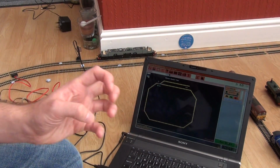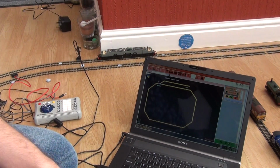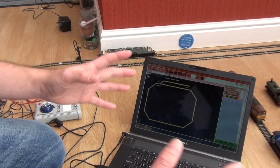That I still like that interaction, that direct interaction. I don't like just tapping buttons. I don't like it. If I was doing an exhibition layout, if I was building a beautiful GWR terminus